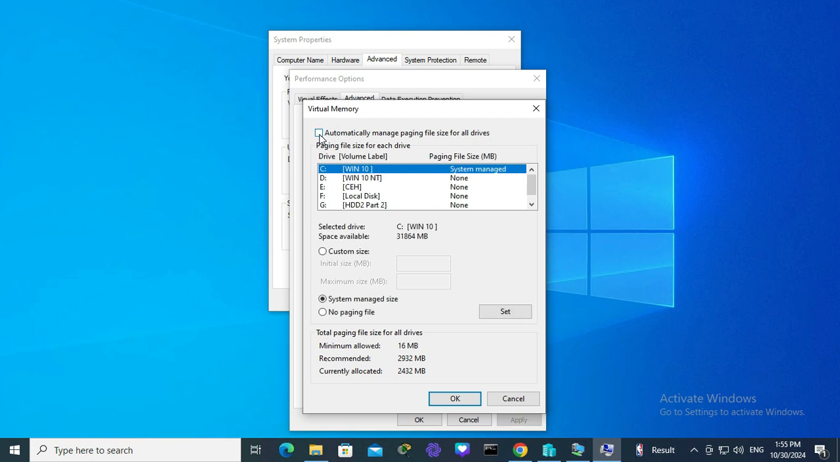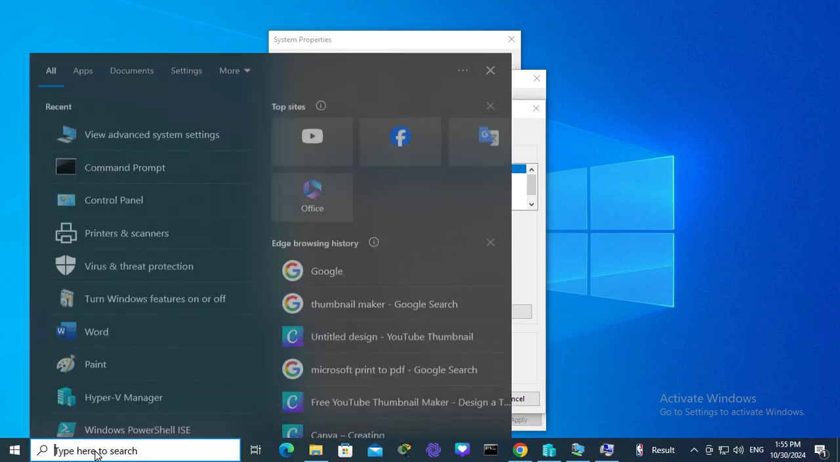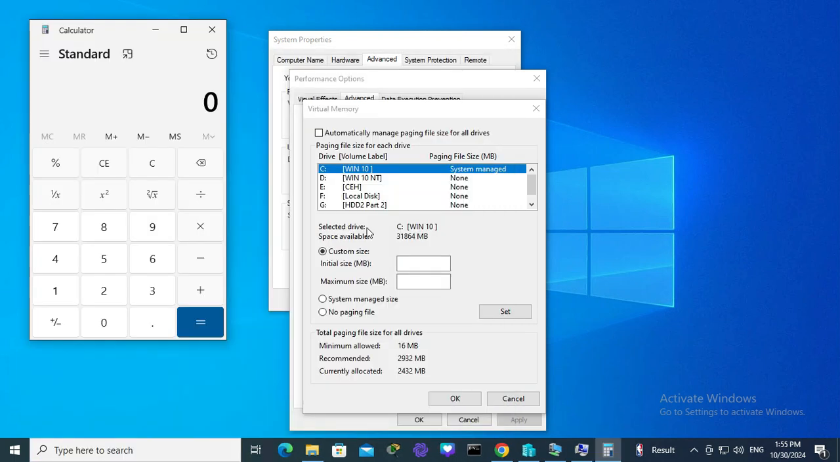You must uncheck this option, Automatically manage paging file size for all drives. Now click on Custom size and open Calculator. I want to create 16 GB. So 16